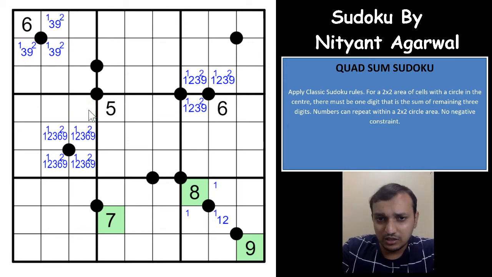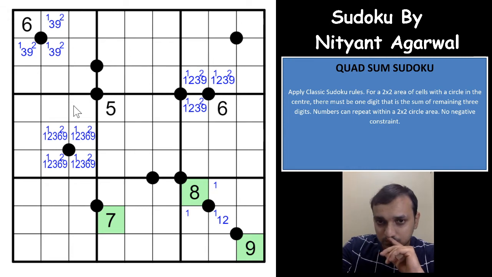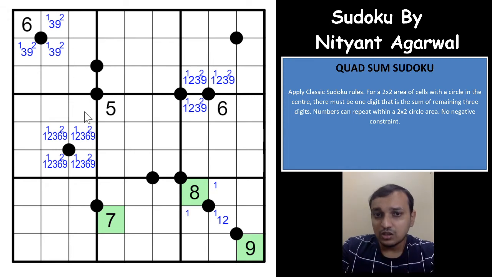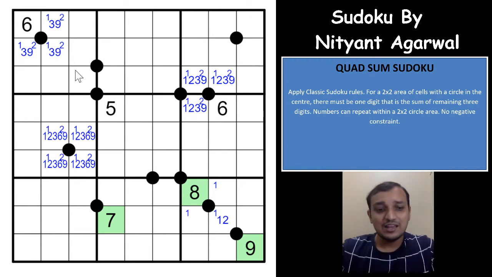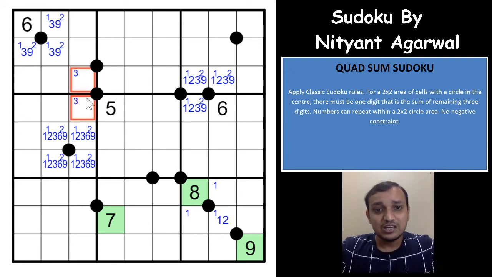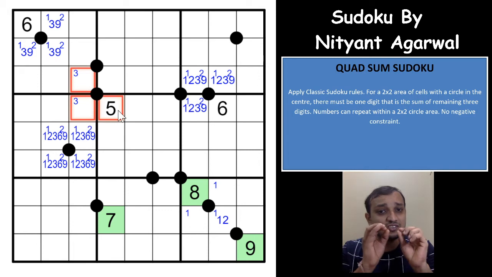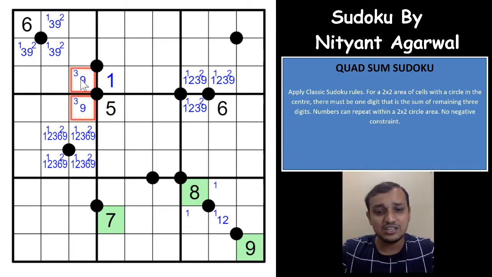both 1 and 2 cannot be here, because 1 and 2 will have to be in one of these 4 cells, right? Which means that you need to have a 3 at least. Both 1 and 2 cannot be in these 2 cells. So one of these 2 cells will be a 3 and the other cell will have to be the sum cell. And if one of these 2 cells is a 3, that's an excellent piece of logic. So the sum becomes 3 plus 5 is 8, and the next lowest number you can have is 1 here. That means it would have to be 3 and 9.